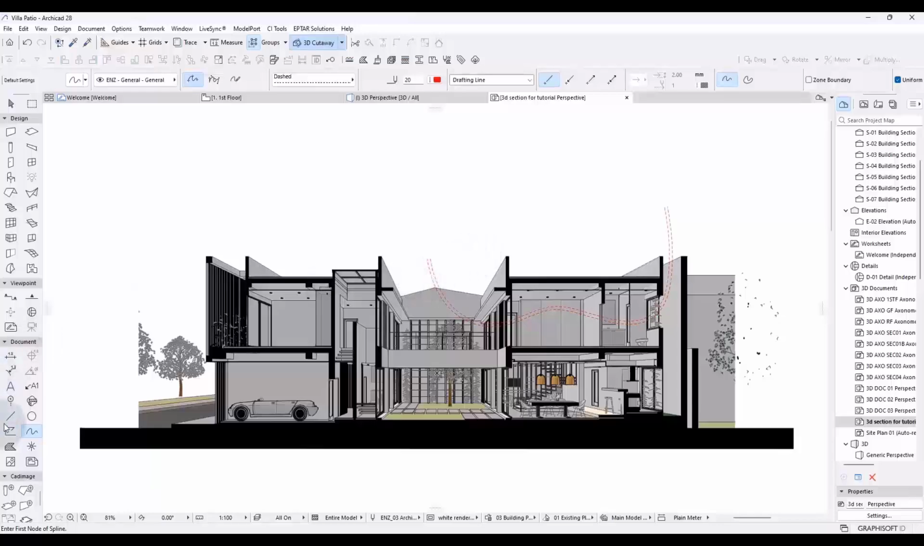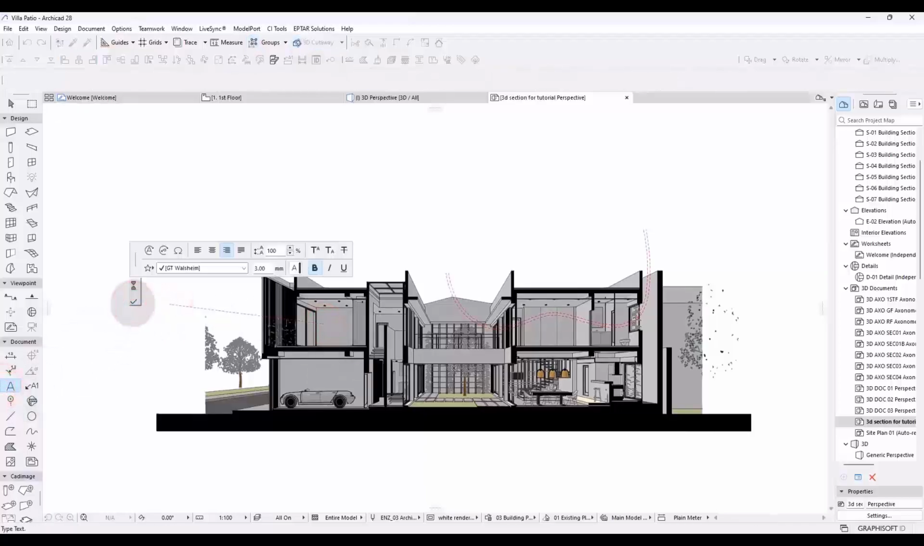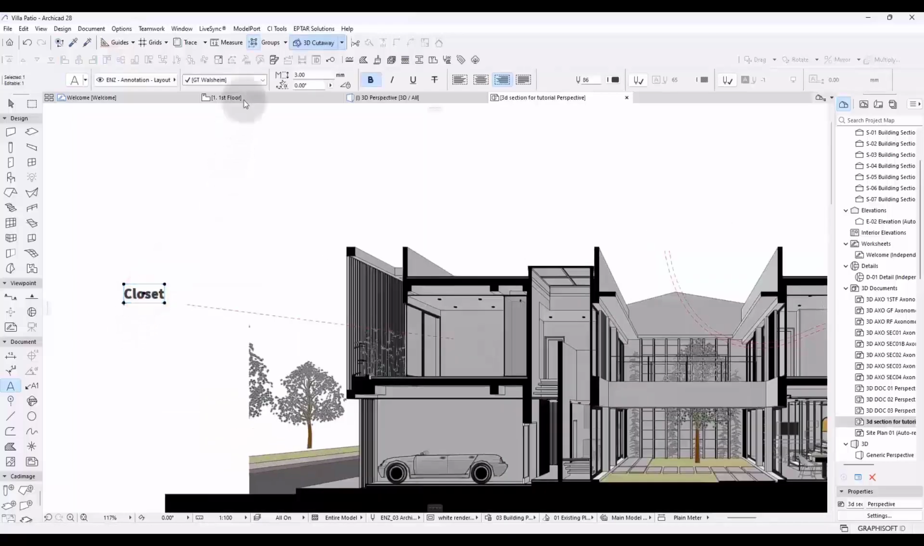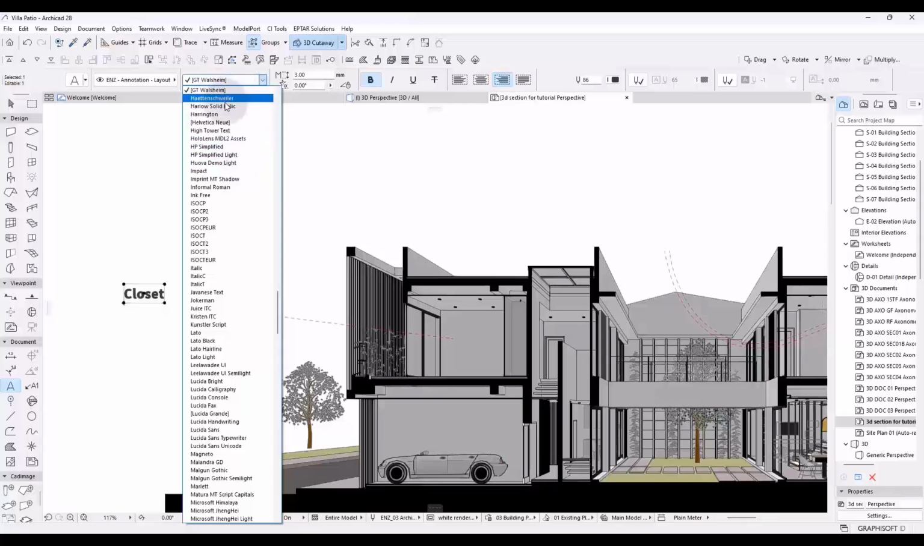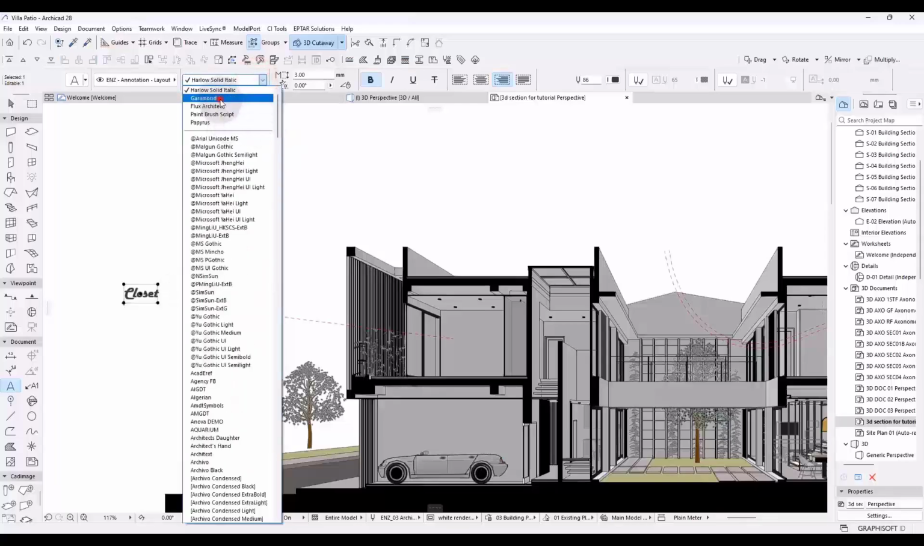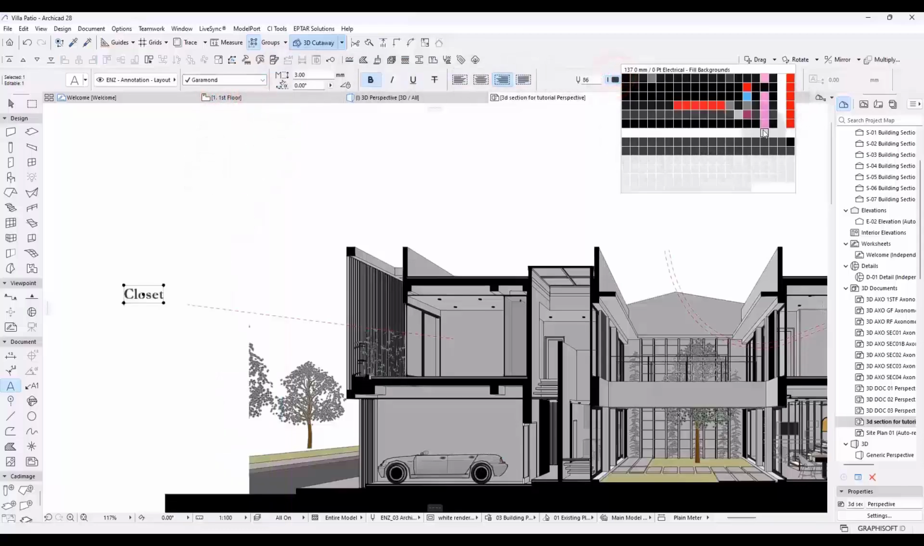Okay, next I could use lines and decide to do call outs. I could say here and then come with the text tool and write closet. I'm not typing that well. Of course I can change the font because I don't know what this is and I don't like it. Let's keep something like this for now. Definitely not. Okay, this feels more like it,